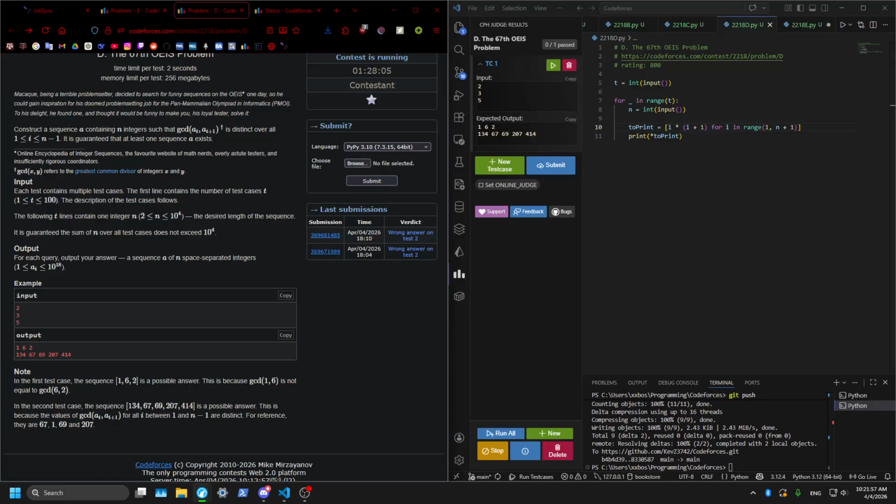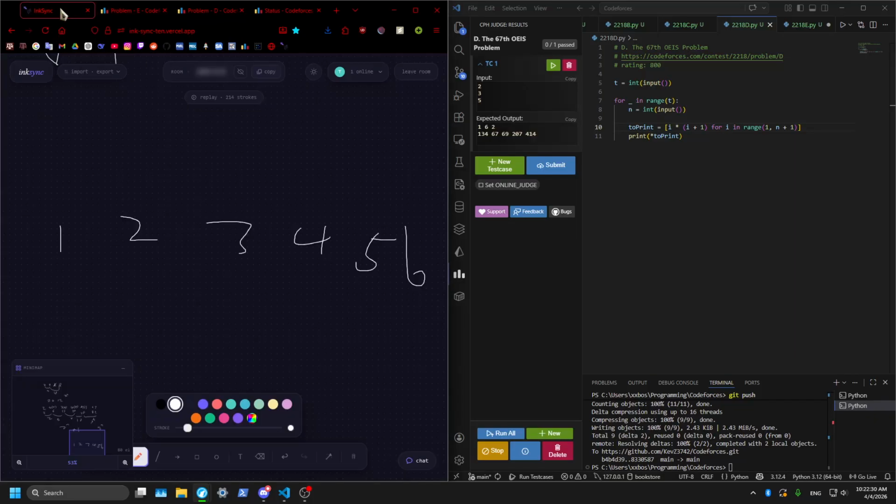So we want each GCD to equal 1, 2, 3. So if we had